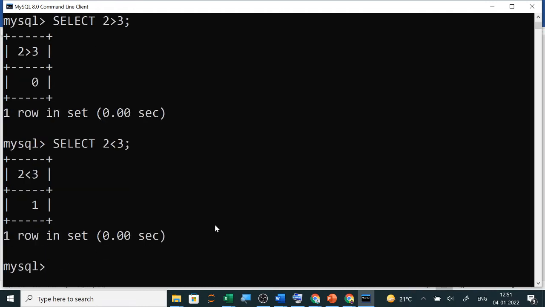Now the AND and OR operators. What we do in the AND operator is write the first condition, and the second condition I am writing is 2 double equals 2. The first one is true and the second one is also true.